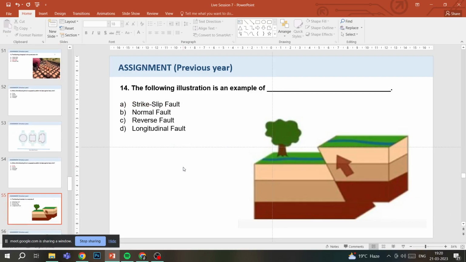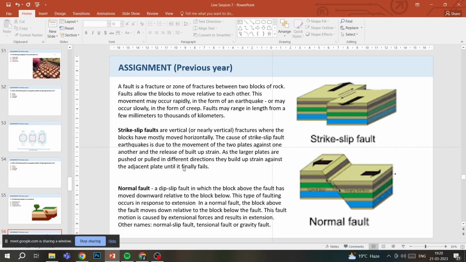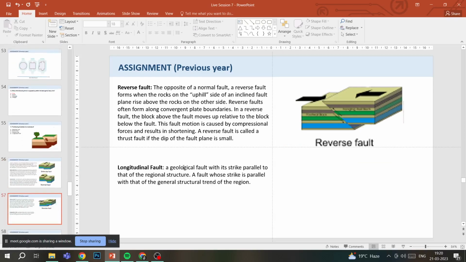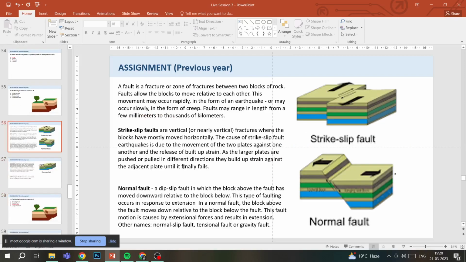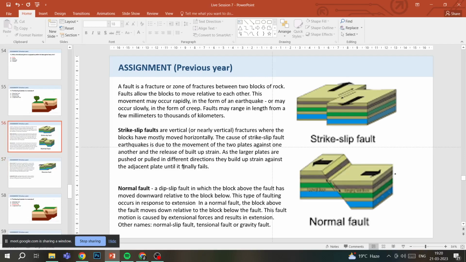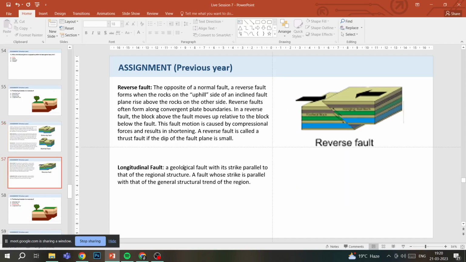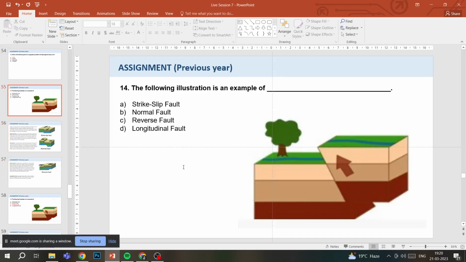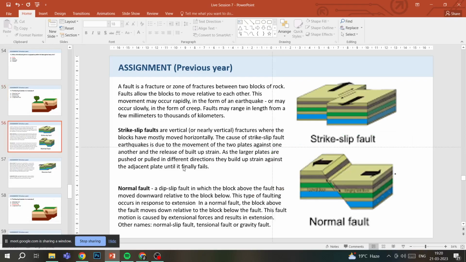Now, the following illustration is an example of... so we just discussed all these four terms: the strike slip faults, the normal faults, and the reverse fault. We discussed all these terms and longitudinal fault, and when you come back to this image, you can actually see